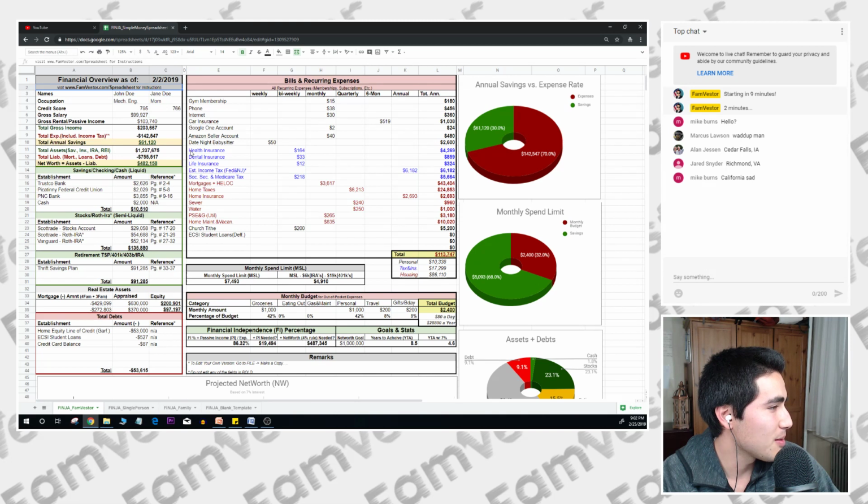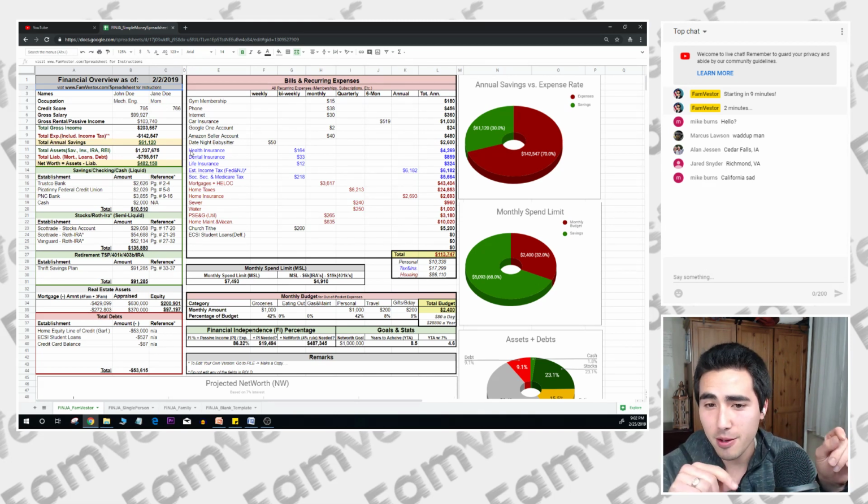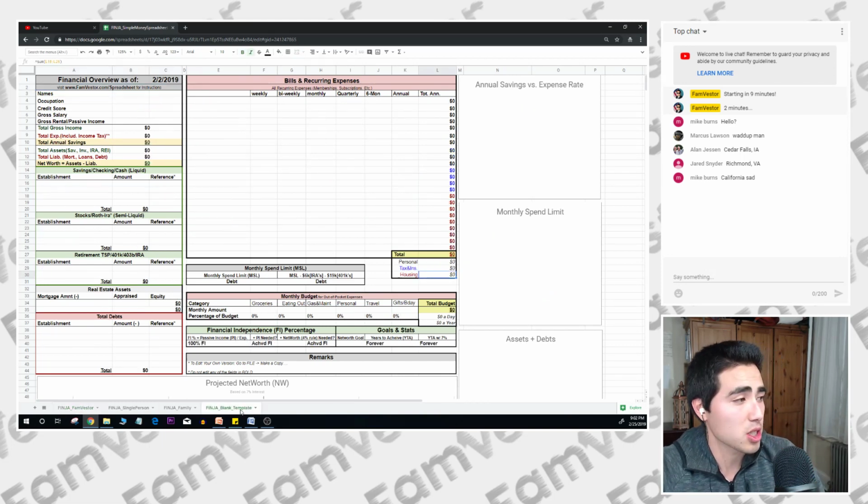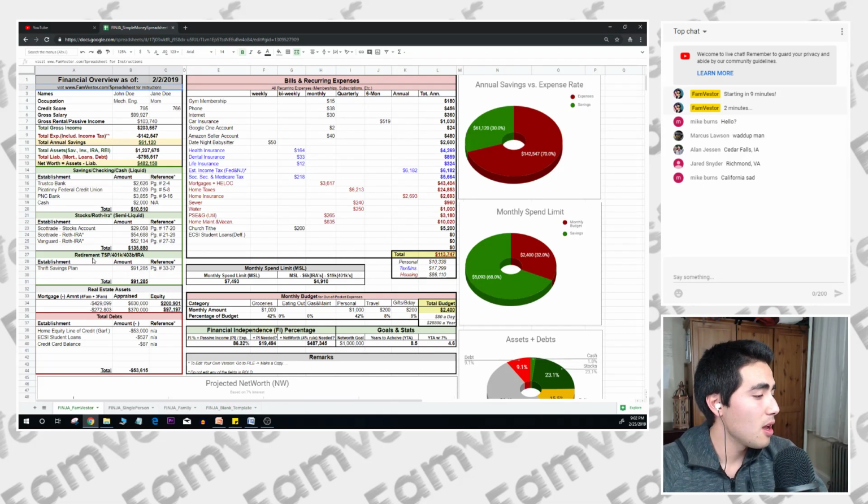So I'm just going to do a quick deep dive first, and then I'm going to share a quick lesson, and then I'm going to do a deep dive where we're actually going to fill out one of these spreadsheets from beginning to end, because it is a little confusing. There's a lot of numbers going on, and I tried to make it a little simpler. There are 4 tabs on the bottom.